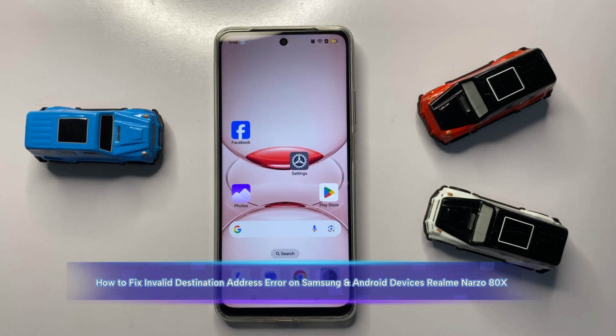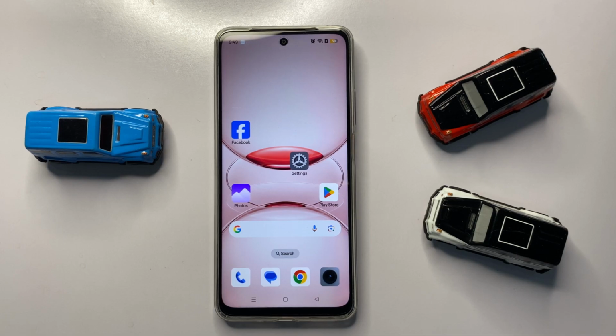Hello guys, get ready because in this video I'm going to show you how to fix invalid destination address in Narzo 80x. So watch this video carefully and follow every step as I'm showing in the video,